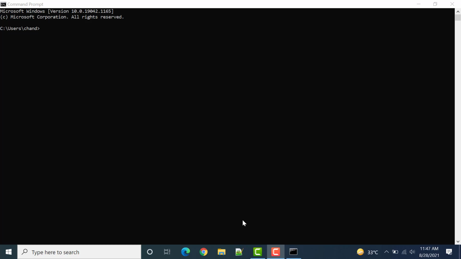So let's get started. To create a React.js project, first we have to check whether Node.js is installed in our system or not. So we have to write here node -v and then npm -v. If these two commands are running, that means Node.js is installed in your system and now you can create a React.js project. If not, then you have to first install Node.js.